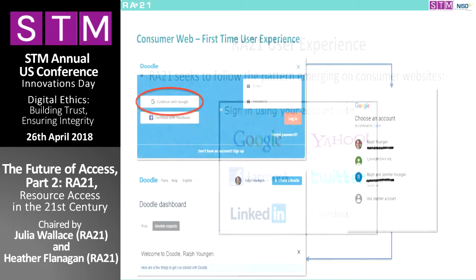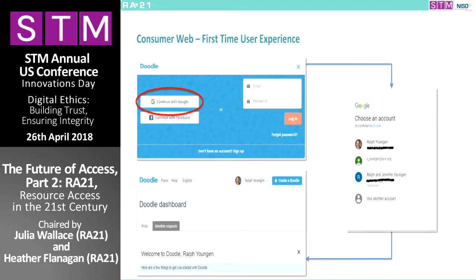And so, this is what happens with Doodle. If you don't have a Doodle account yet, you can go there, you can sign up with Google or with Facebook, or you can create a local account with them. So I chose to link my Google account with them, and then the next time I go there, I'm just magically signed in. No mess, no fuss, I'm just signed in.